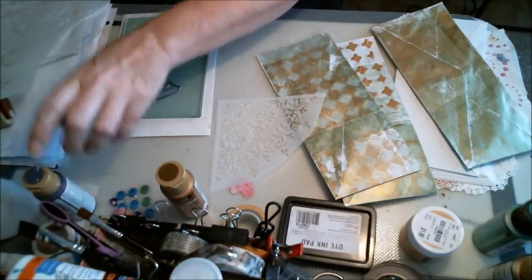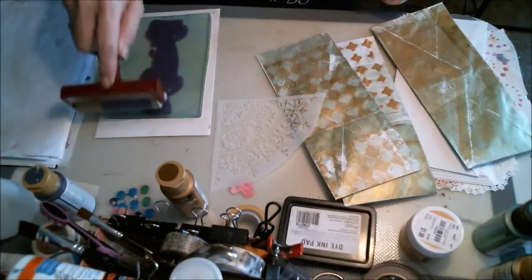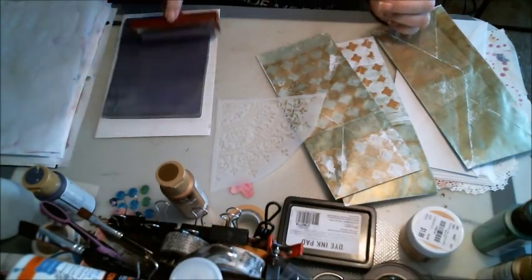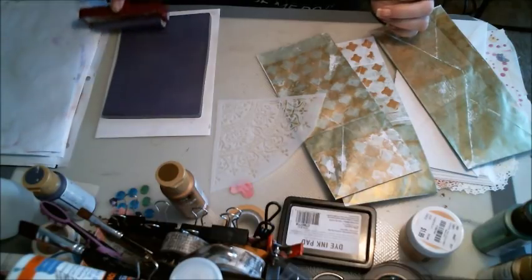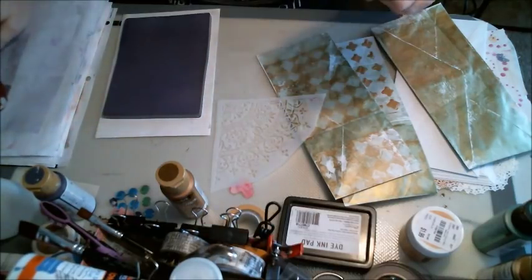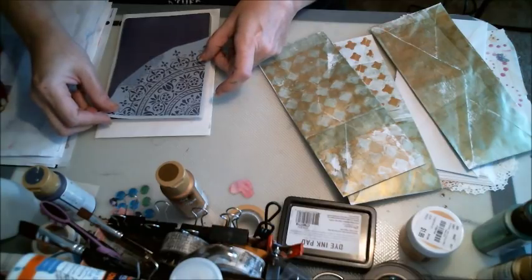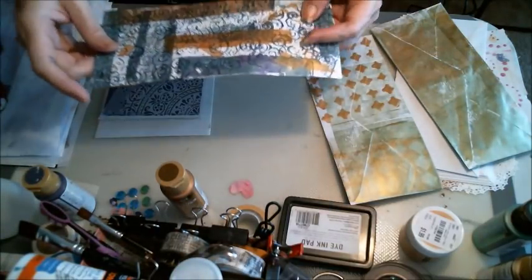Alrighty. Uh-oh, lost my brayer. Okay. Yeah, some people are actually afraid of their craft supplies. You know, like when I get stamps that I like, but I can't find the cling ones, so I have to get the red rubber ones. I'll take scissors and I'll start cutting out the excess edges, because sometimes when you put a stamp down, you get the outside outline and that's not what you want. And so I'll get my scissors out and I'll just start cutting. And I'll cut the excess off so when I do that, it doesn't...